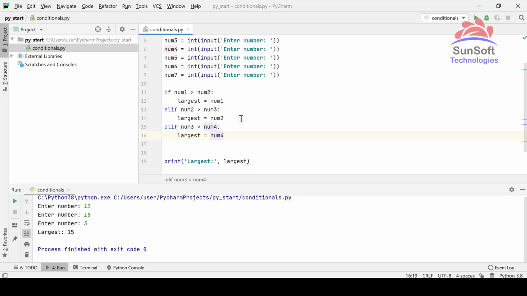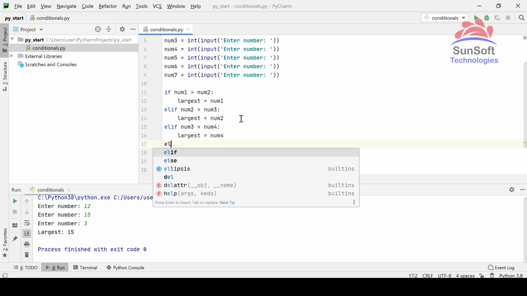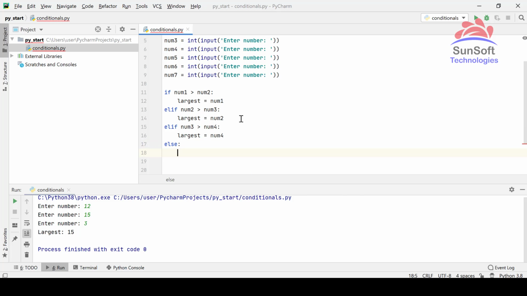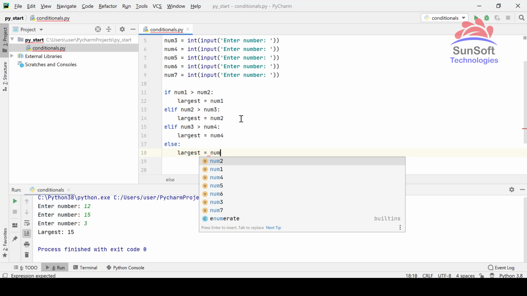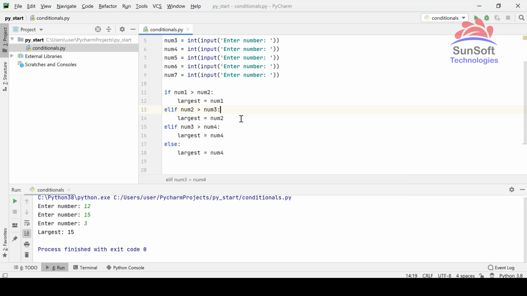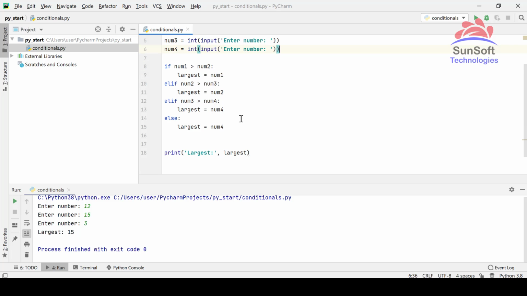Basically it will go on until I have the last else. Let's just use 4 numbers for this. So you see that we are using only one indentation for all of these, and it looks very clean now. So multiple branching of code is done and still it is very clean.